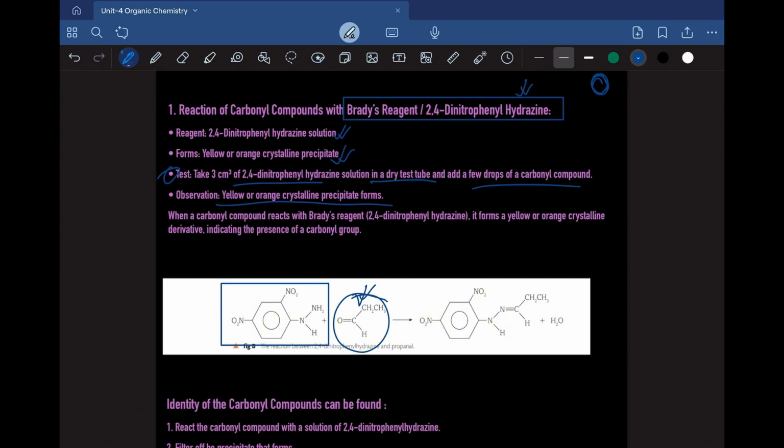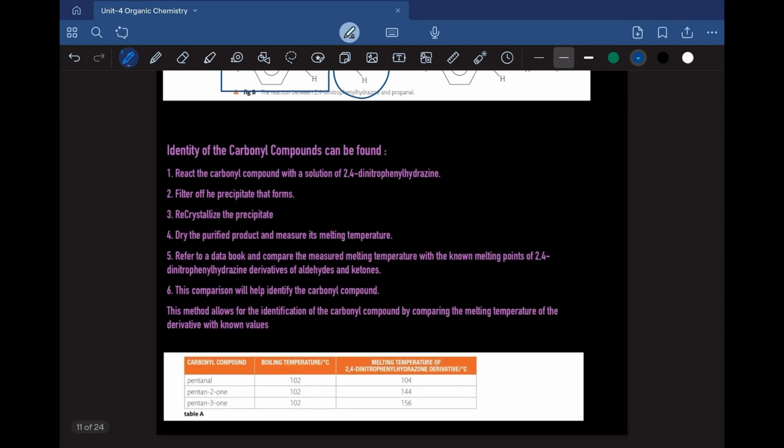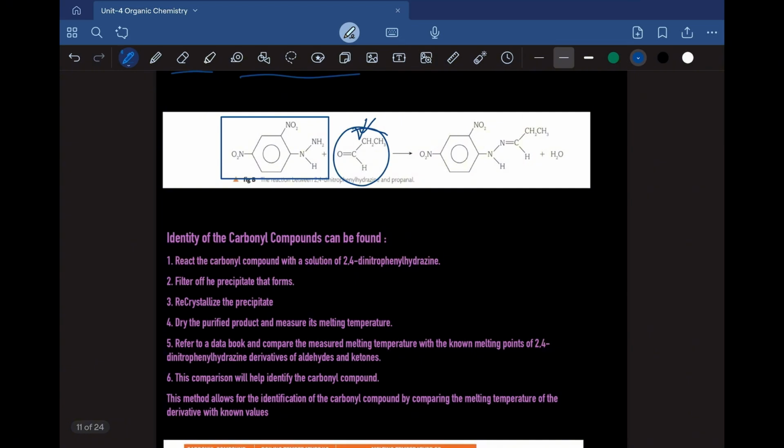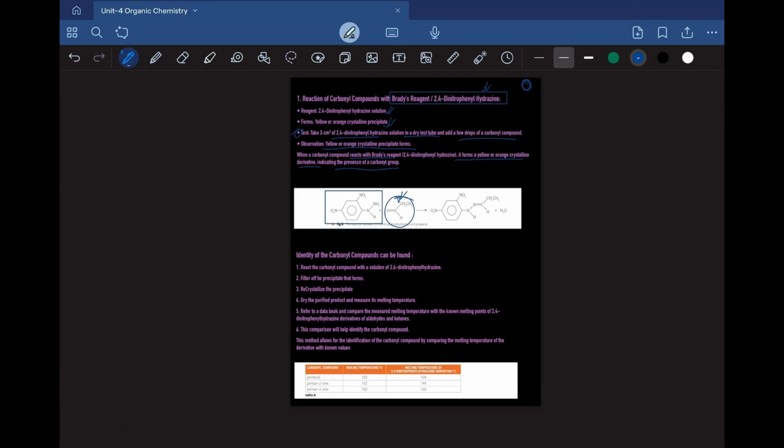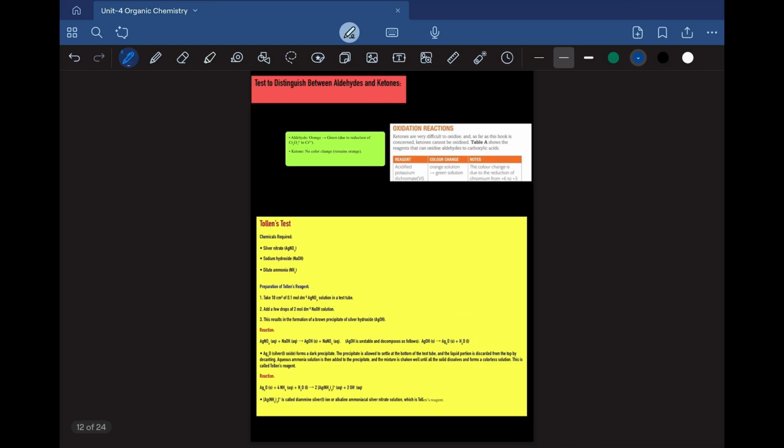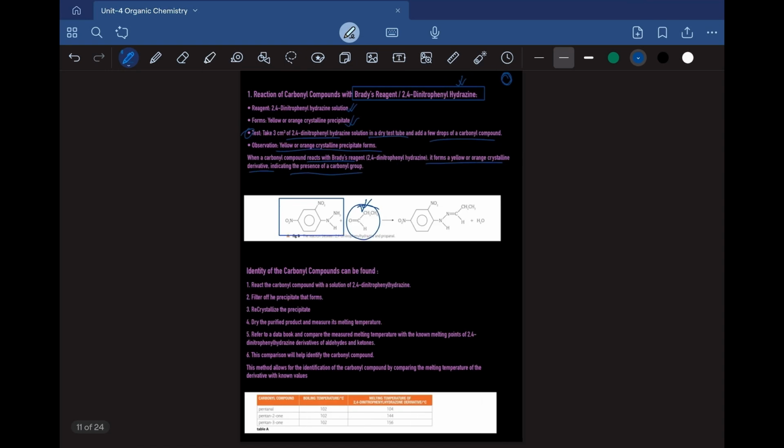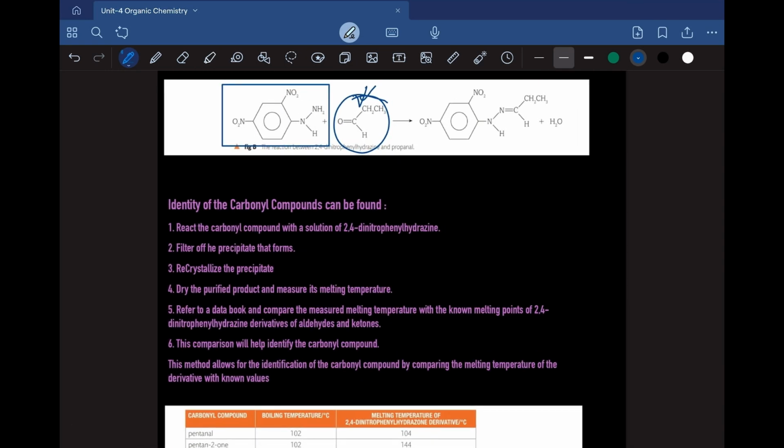Okay, when a carbonyl compound reacts with Brady's reagent, it forms a yellow or orange crystalline precipitate, indicating the presence of a carbonyl group. So basically, this is how we will figure out whether it is a carbonyl compound or anything else, let's say an alkane. How we will figure out whether it is an aldehyde or ketone is something that we will learn in the later part. Okay, how to distinguish between aldehydes and ketones. But for now, we will carry out